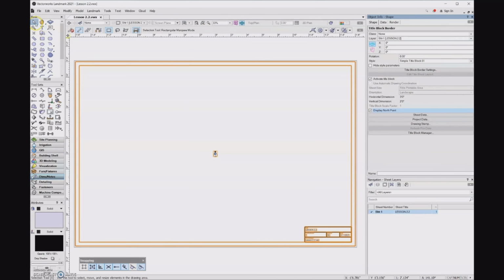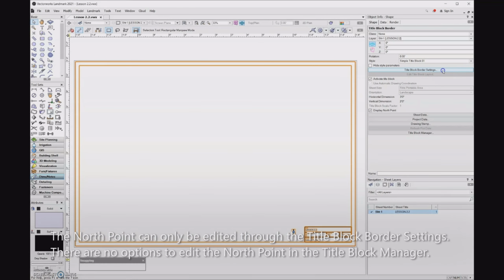And because I have this selection tool active right now, notice that it's giving me this blue handle. That means that I can click and reposition where that north point shows. The other thing that I can do is I can come up here for the title block border setting. So if I click on title block border settings,